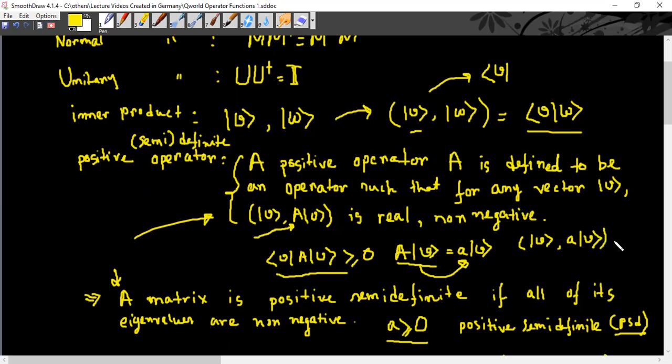The inner product of V with A V, which gives a times the inner product of V with V. And we all know that this norm is always greater or equal to 0. So if the eigenvalue is greater or equal to 0, then it gives you the same definition. That's how these two definitions are